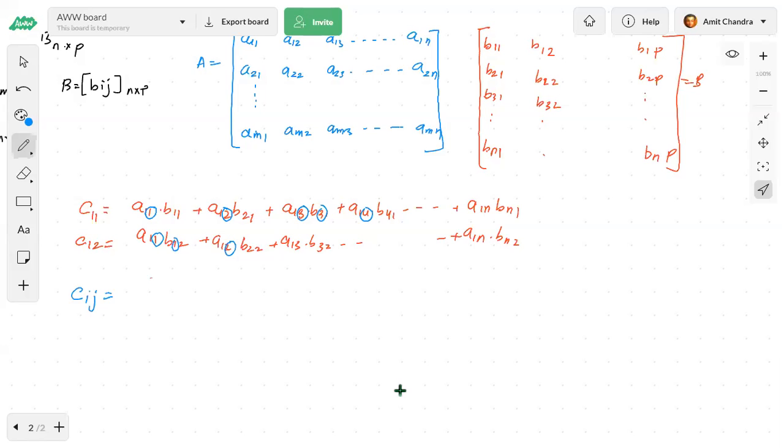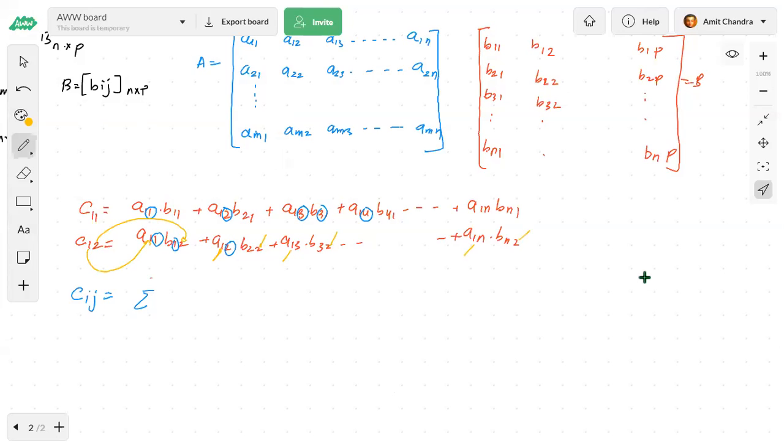Have you got it? See, here in Cij, if we see 1 and 2, we can write sigma of: 1 1, 2 2, 3 3, 4 4, 5 5, right? Everywhere the first index is 1. The only thing which is changing is this part; for each element, the other parts are the same. This is 1 and this is 2, so everywhere you will get 1 and 2.